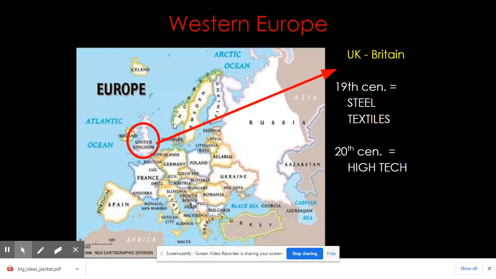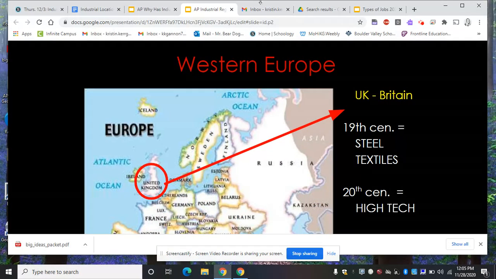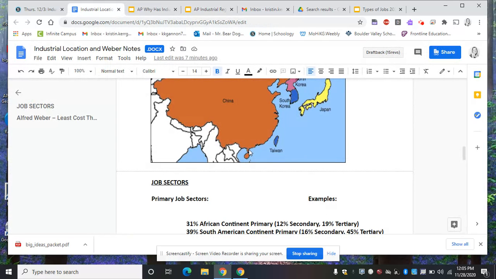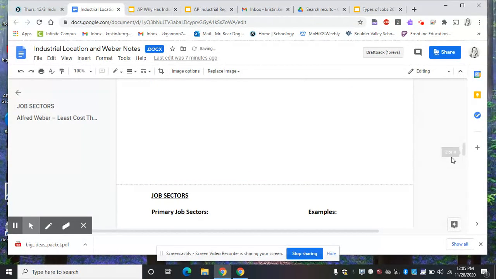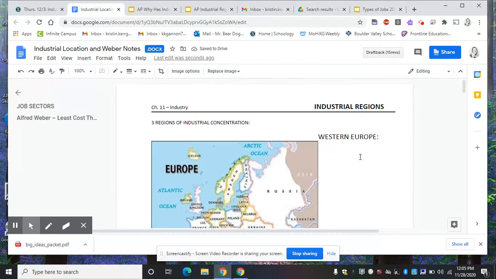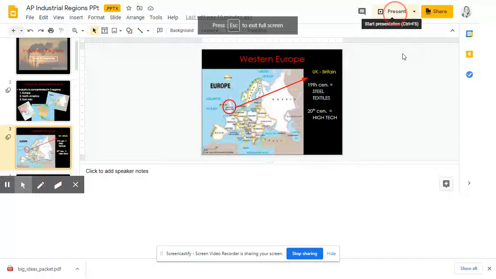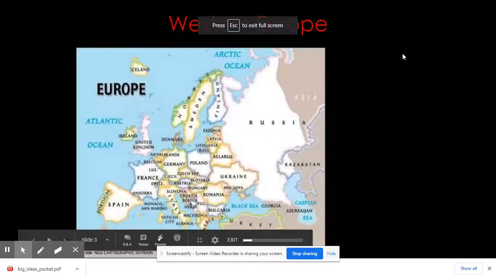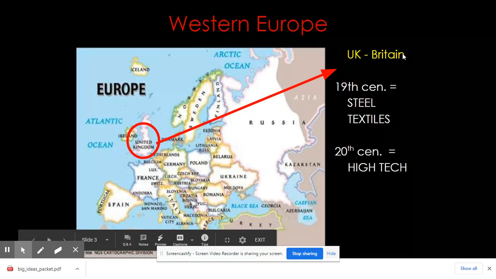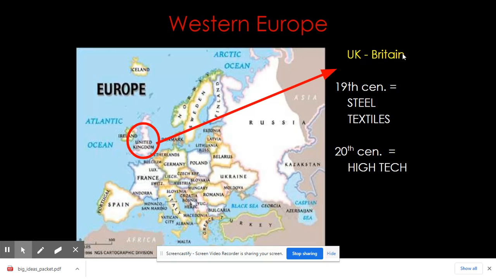So you would write UK. Back in the 1800s, they were steel and textiles, but they've been moving towards high tech in the 20th century. You are going to write down 4 different regions for Europe. So along the sidebar of your note catcher, you're writing down right around in here. For our industrial regions, you are going to write down the UK is where our industrial revolution started, and then it spread into high